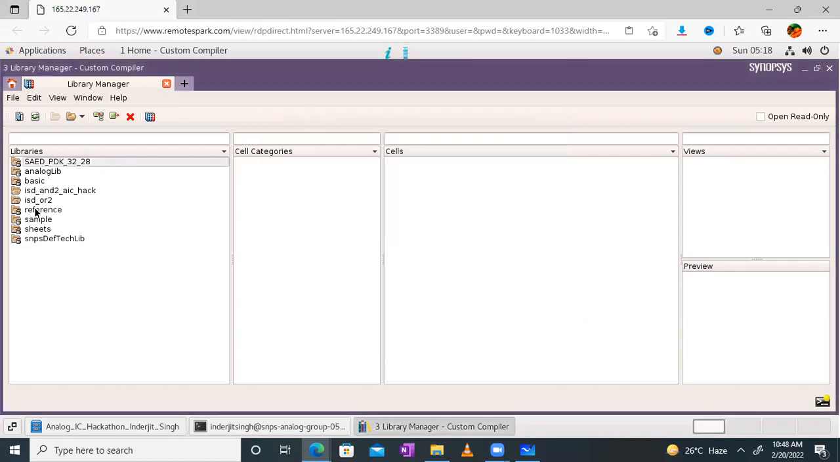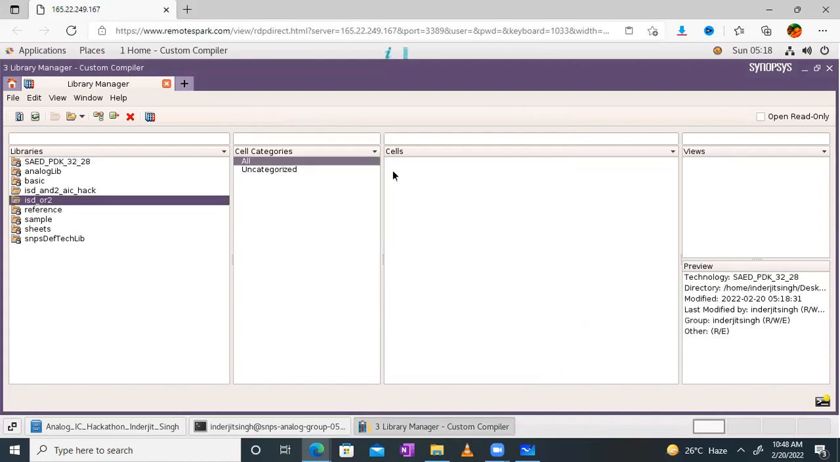Fine. So if you click on OK, your library is created, ISD underscore OR 2. It's for a 2 input NOR gate. Then we can add your cells over here. So you can select the library, right? You can go to cells and then we'll start creating a new cell so that we can make a schematic